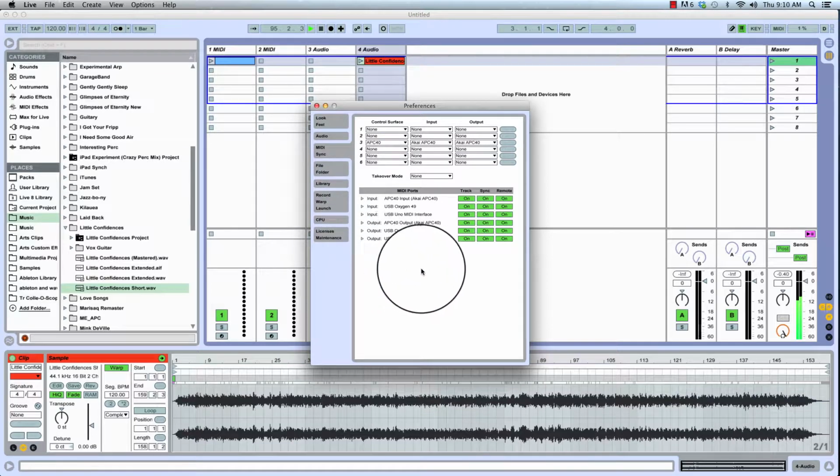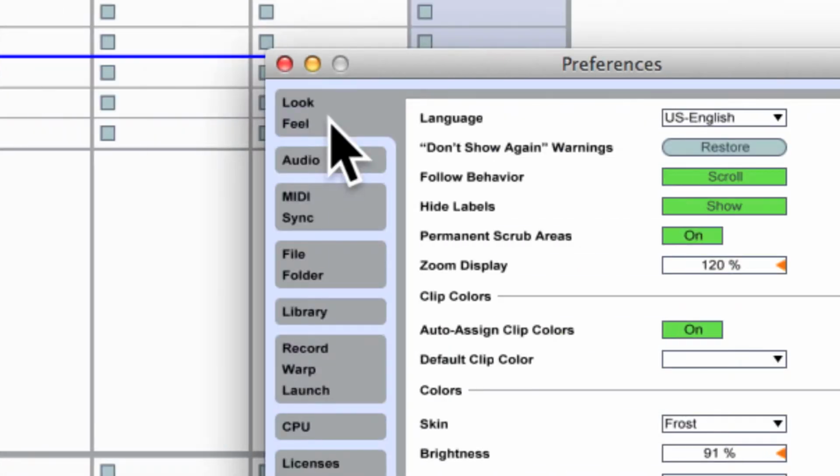And as you can see, our preferences have shown up. And right now, you've got all these things that we need to set something for. So go up here to the look and feel. And we can set a few things in here that will help us show what we'd like to see on our screen as we work along. I've got the zoom display set at 120% because it makes it bigger for me. And with my eyesight, I have to do that. You can leave all this stuff